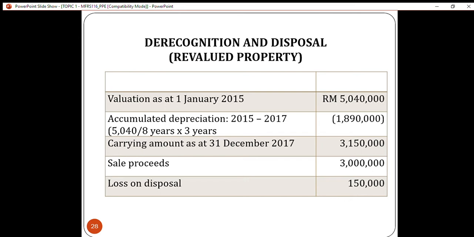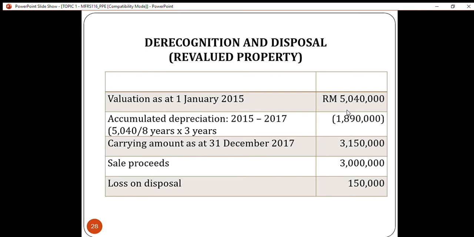Next, as we all know, the plant was sold for RM 3 million on 31st December 2017. Now we have to calculate whether there is a gain or loss on disposal of the plant. First we have to calculate the carrying amount of the plant on 31st December 2017. So the carrying value of the plant on 1st January 2015 is RM 5,040,000, minus the accumulated depreciation for 3 years, from 2015 to 2017, we get